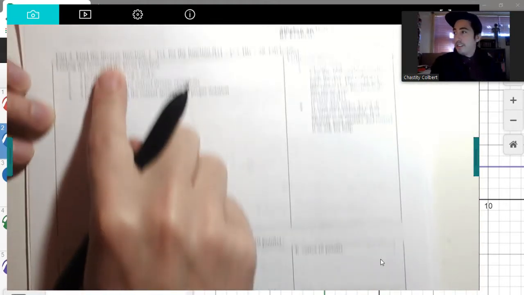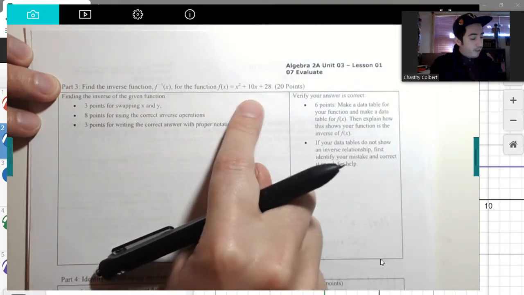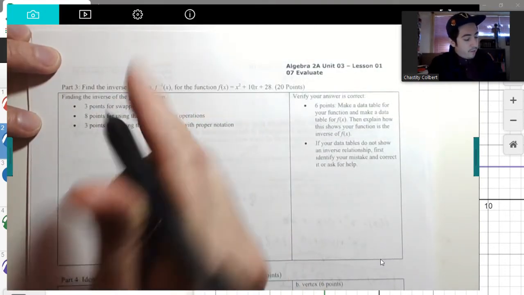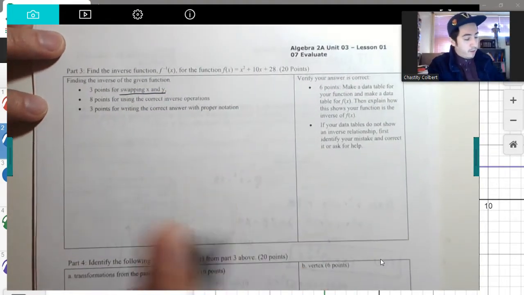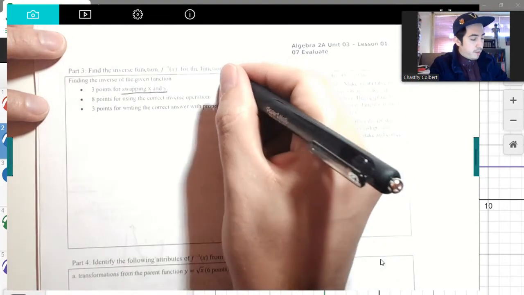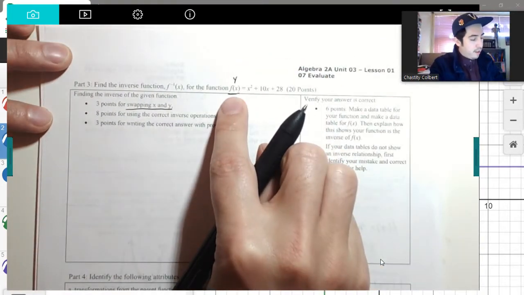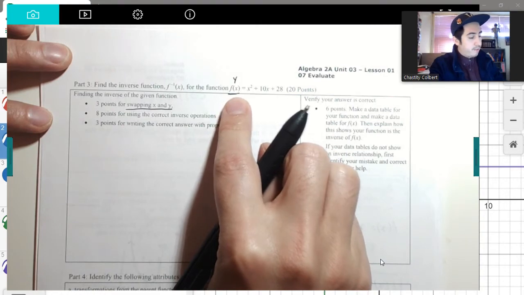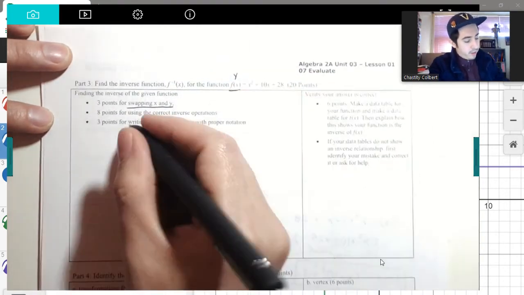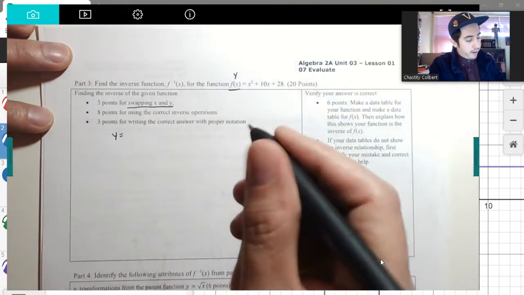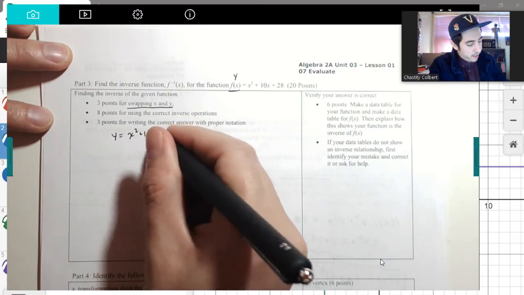Okay, let's look at the back. Find the inverse function of this function. Find the inverse function of that one. So first off, it said you want to swap x and y. Just swap x and y. So I'm going to rewrite this, but I'm going to think of f of x here as y. There's no y there. I start off with converting it to y. So I'm going to rewrite this x squared plus 10x